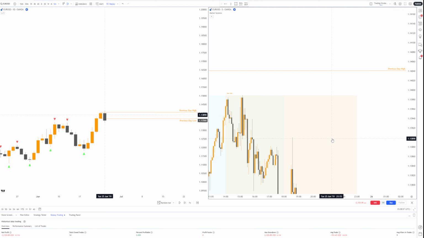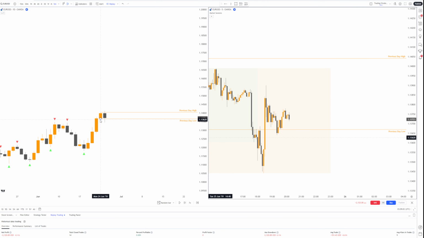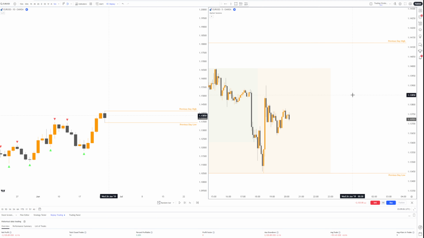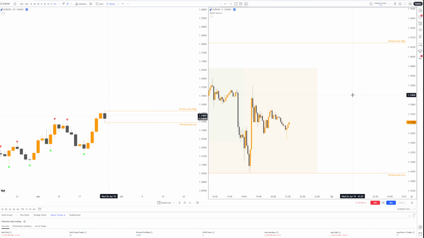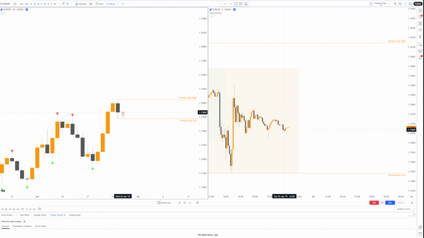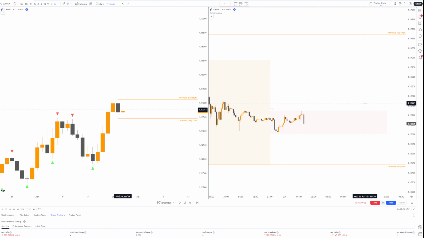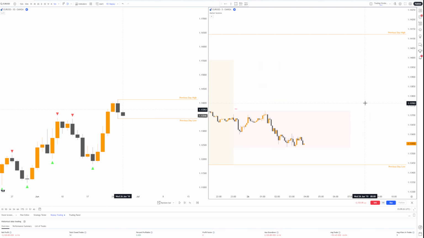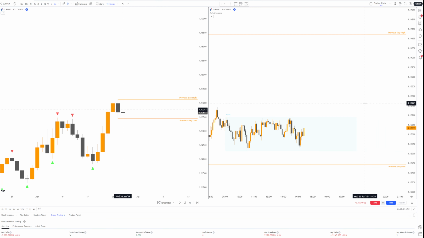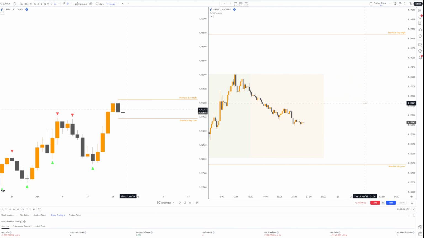And almost there. There you go. Let's move this out to here, to there, and let's wait for the next candle daily to open. There you go. So the new daily candle has opened here, and all we're going to do is wait for the high and low to be taken. Let's see what happens. We are in the Asian session, and we are moving along nicely. So far none of the highs or lows has been taken,